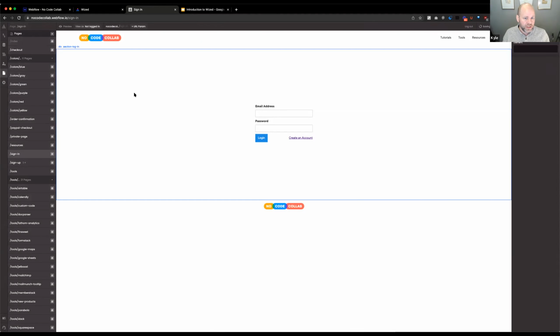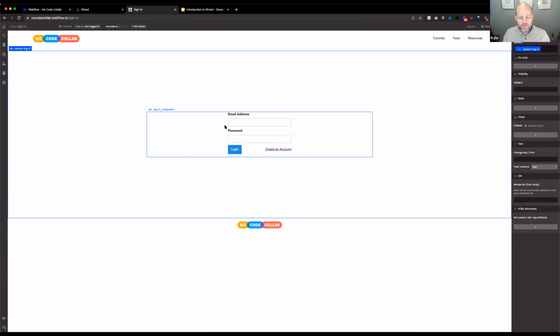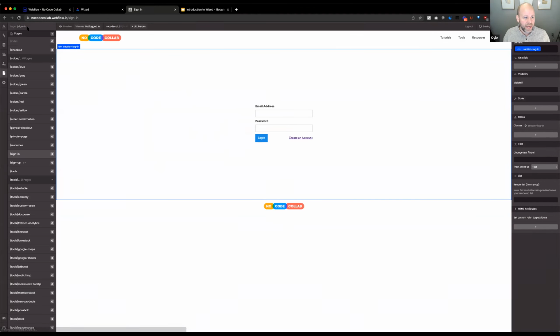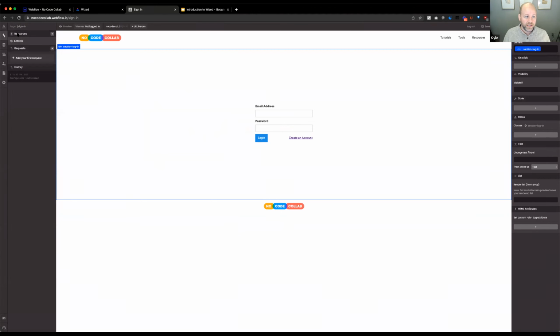What you're going to need to do is navigate from your pages. You can navigate to any of the other pages, and now I've got my sign in page pulled up. Working down the left, this is our page and site setup area. This is where we can set up those resources. Remember how I talked about pulling in data? That's what we call a resource. I've got an Airtable resource, and to set up a resource and pull in data,